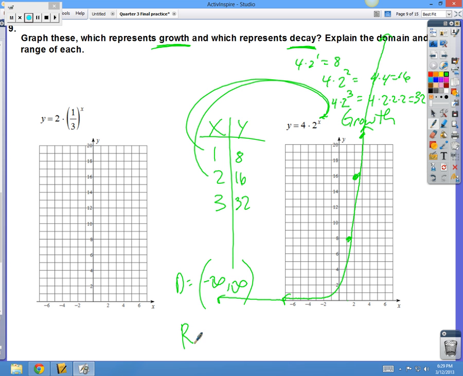The range, up and down. Okay, up, it's going to never end. It's going to go all the way up forever. But down, it is going to get closer and closer and closer to 0. It's never going to get at 0, and it's never going to go below 0. So we're going to put 0 to infinity. And there we go. Because look, here is the